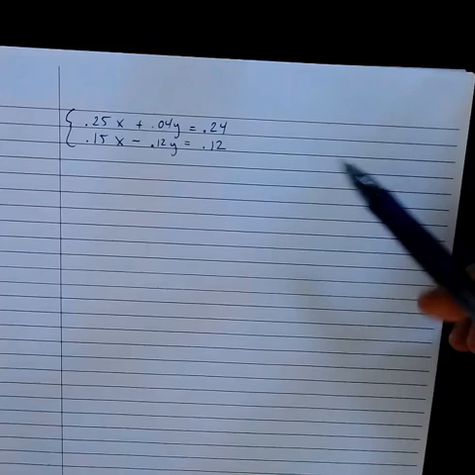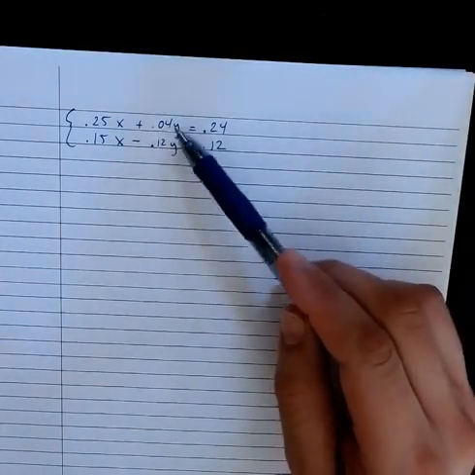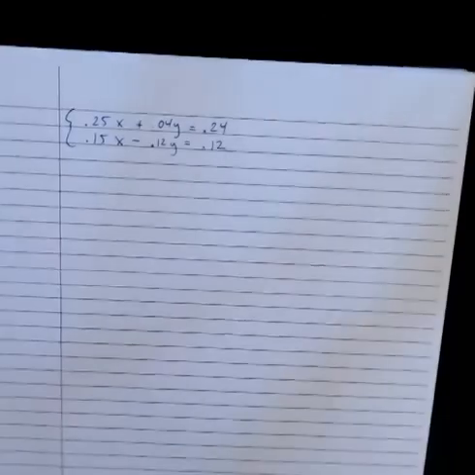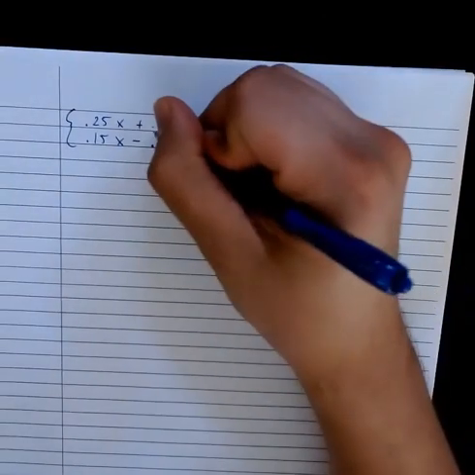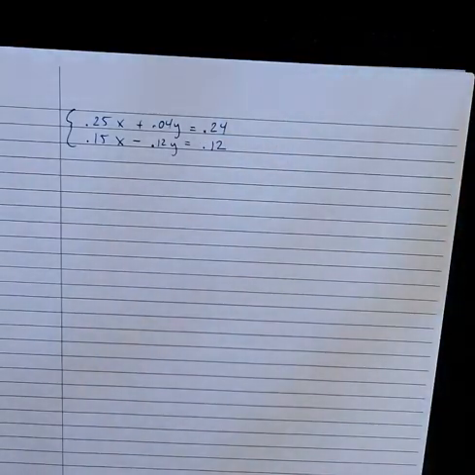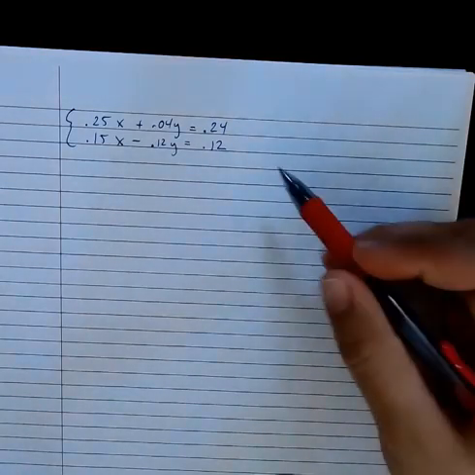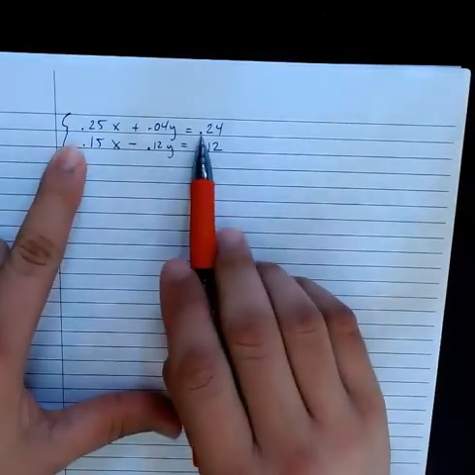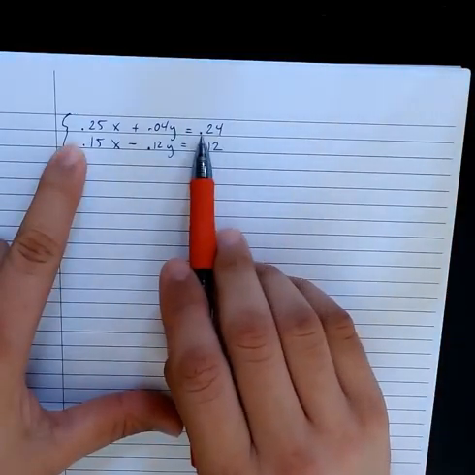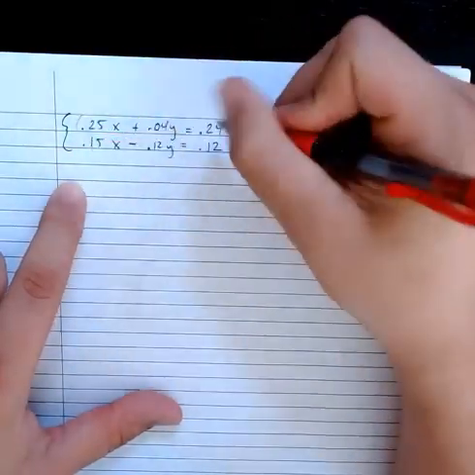Now, whenever your equations start off with decimals or fractions as your coefficients, as your numbers, you can work with them exactly the way they are. However, some people feel more comfortable with just whole numbers. This first step that I'm about to show you is entirely optional. You don't have to do this, but if you prefer whole numbers over decimals or fractions, here, notice that all of these are 2 decimal spaces away from being whole numbers. Well, if I just multiply everything times 100,